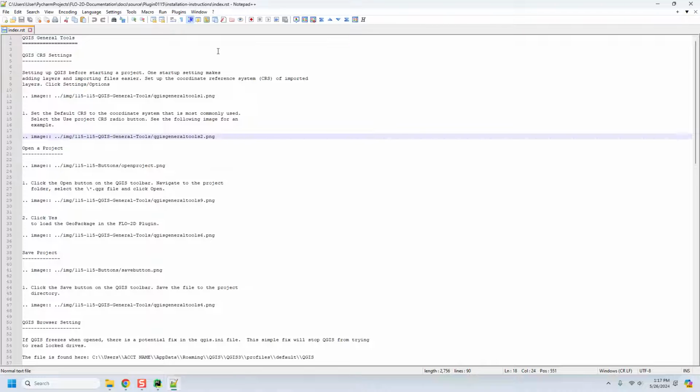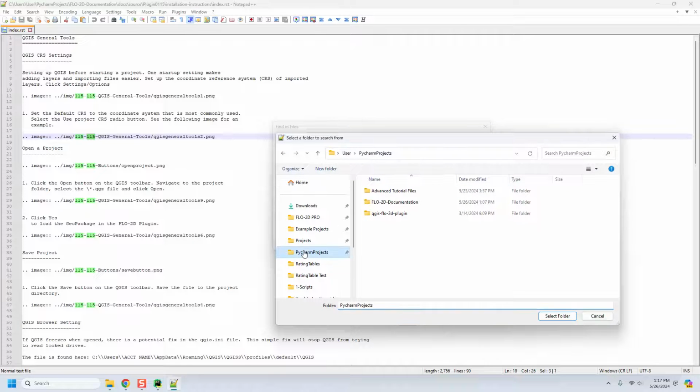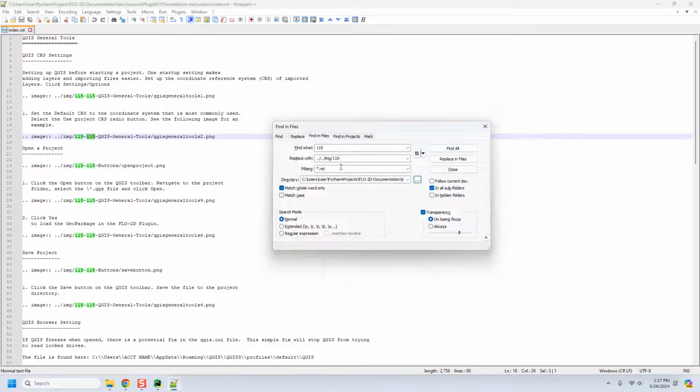So I just Control F, find in files, and I want this to go to PyCharm, documentation, docs, source 115, and I want to set this as the search for the find and replace. And then what I need to find is this. I need to find this, and I need to convert it to, so let's do this. Let's click copy, because I accidentally wrote that twice, and find that, and then convert it to this,